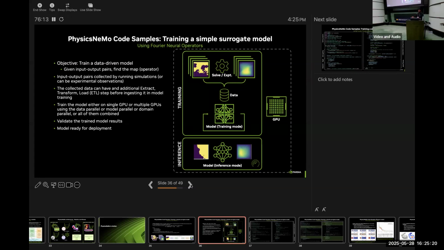And through that you pass them to your model to do the training. The model can be trained on a single GPU or on multiple GPUs in terms of domain parallelism. And then once the model is trained, you do the inference on the model, right? So the inference is typically real time, like any other applications of the AI models.